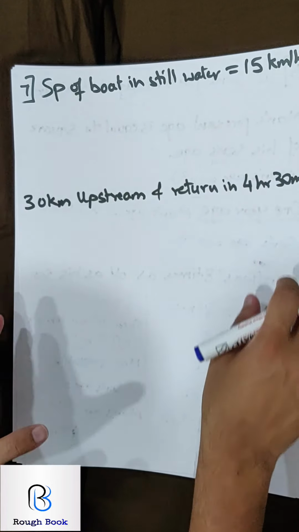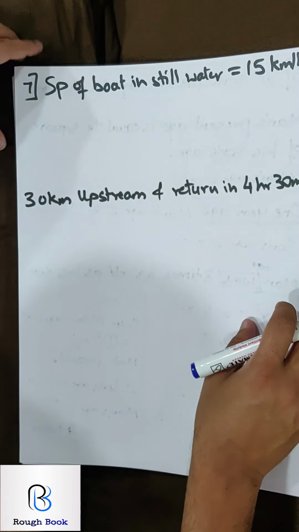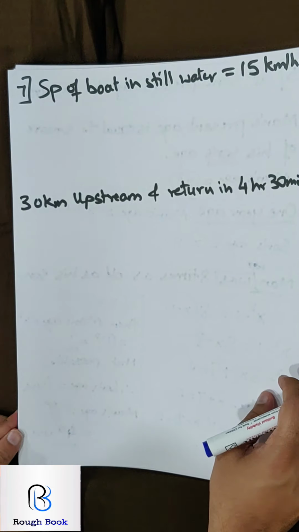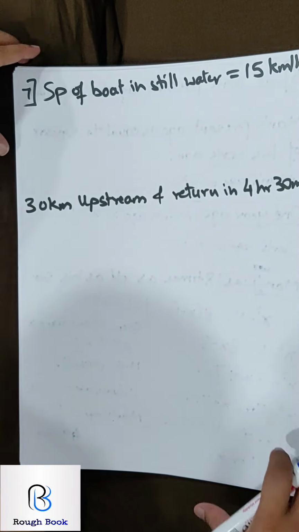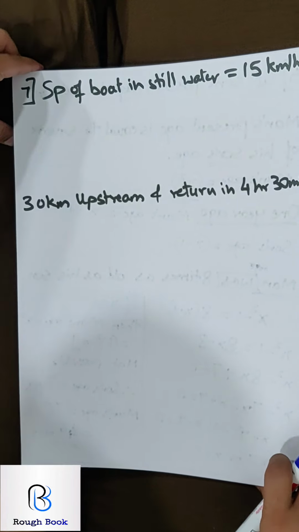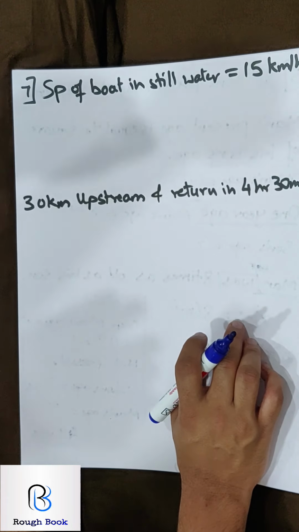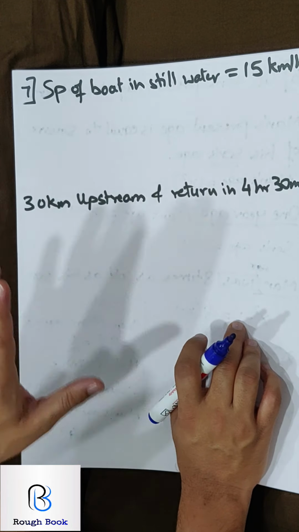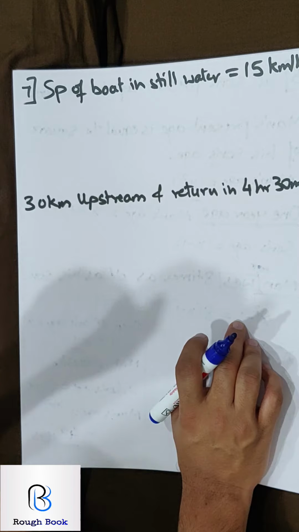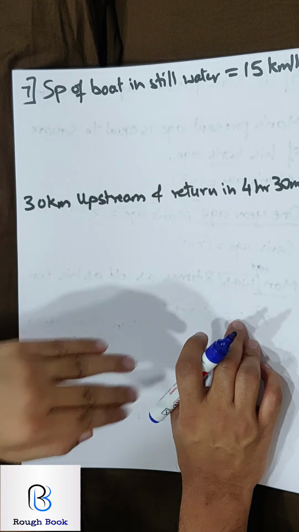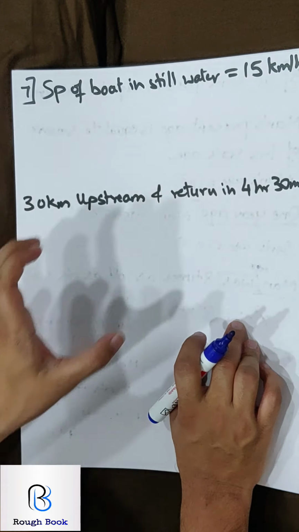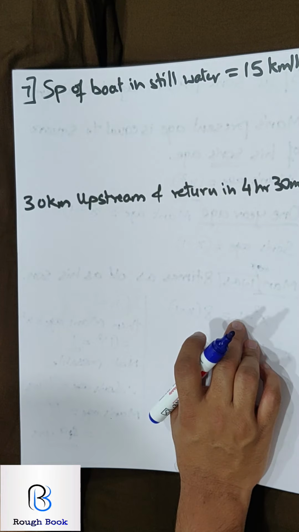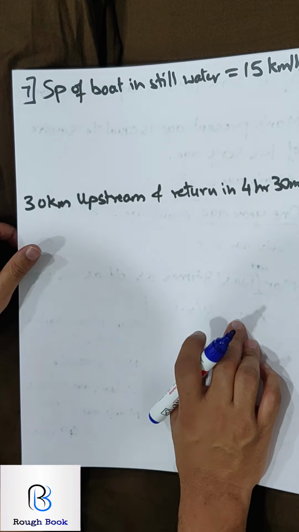Come on, come back. Sum number 7. Let's go ahead. Put a star beside this sum. It's slightly different, so you will have to focus. There is a boat which is going upstream and coming downstream. So when it goes upstream, there is a problem, and downstream it becomes easier. Why? Because the stream also has got some speed. Your question is find the speed of the stream.